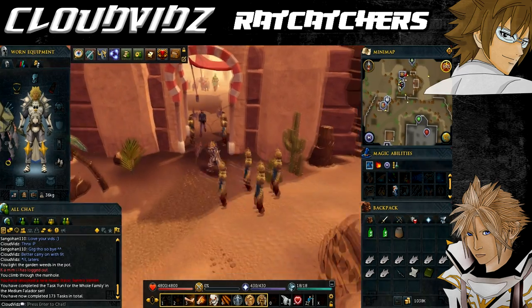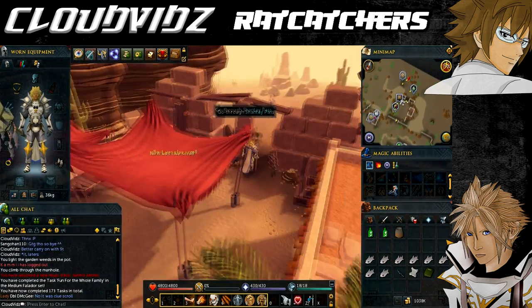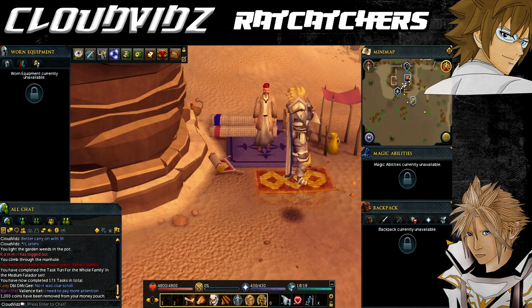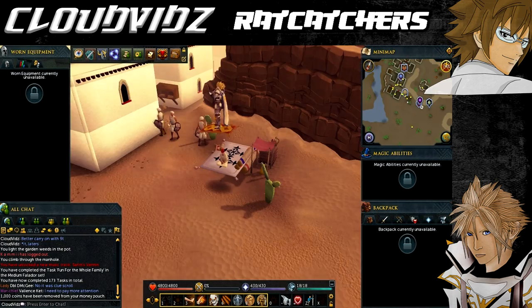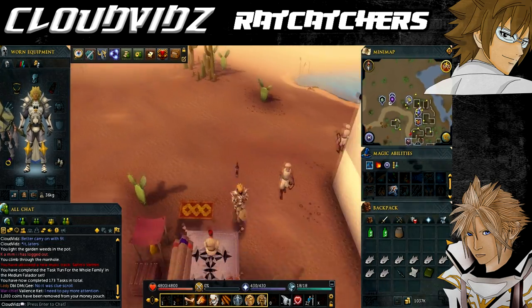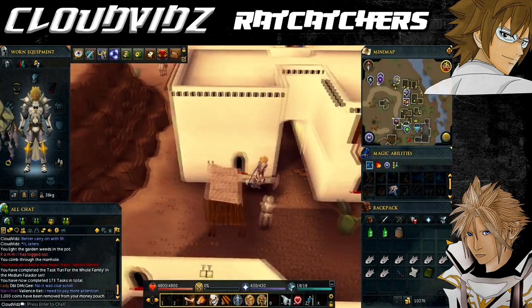The only other thing you can do, if you have a Polnaviak teleport scroll, is use that to teleport directly to Polnaviak as well. Once you're in Polnaviak, you'll find Ali the Snake Charmer to the south of the bar. You want to use 1 coin on his money pot to get his attention